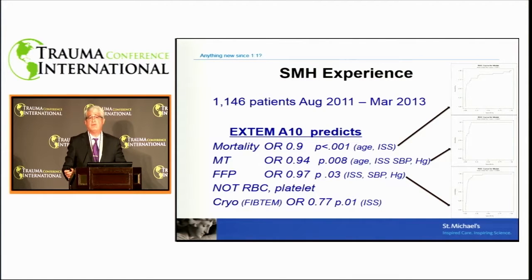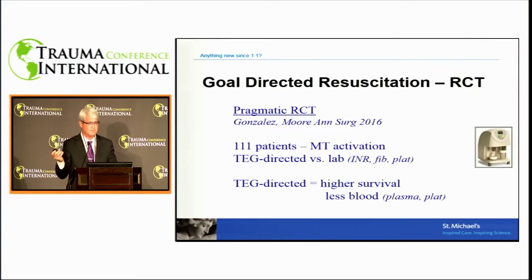And we have also reviewed our own data, and we have found that there's a good correlation between an abnormal test and the patient dying. There's a good correlation between an abnormal test and the patient needing transfusion, needing massive transfusion. Right? So, and if you're still not convinced about goal-directed